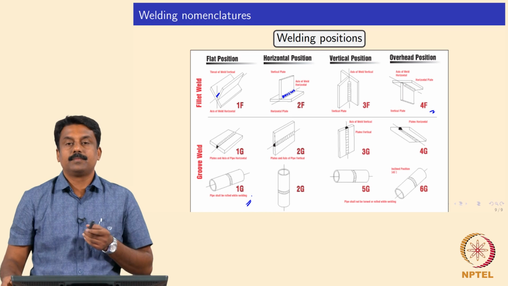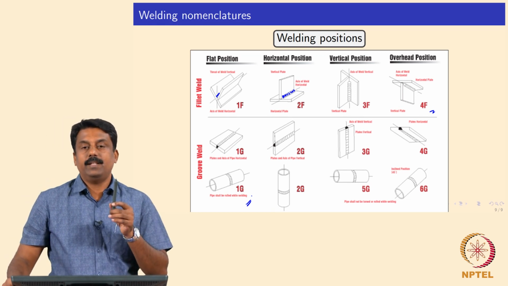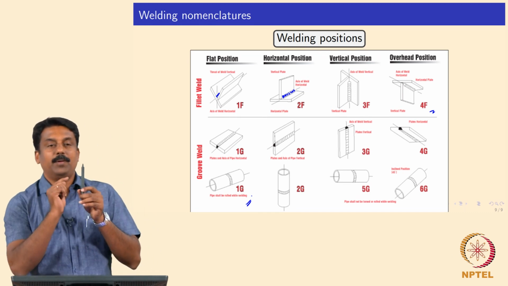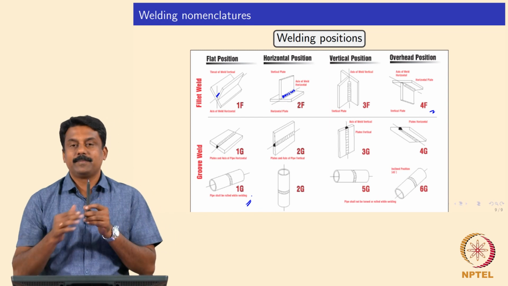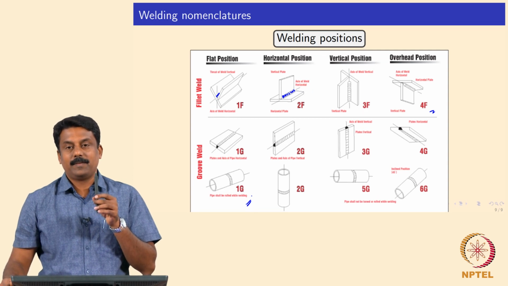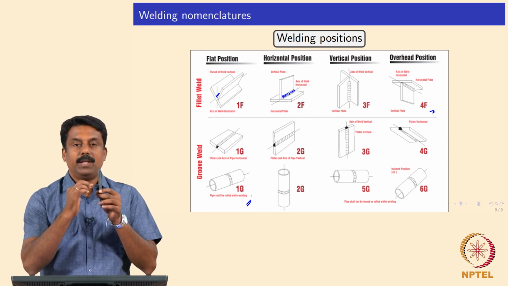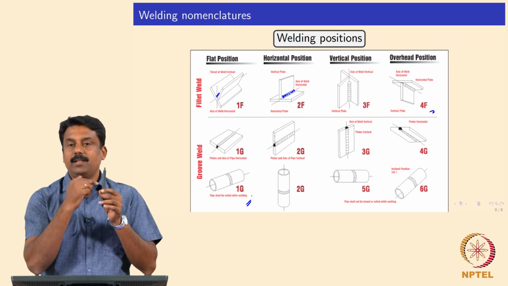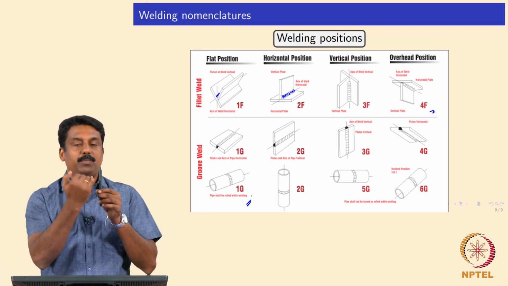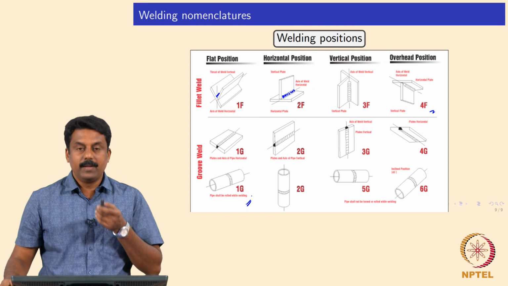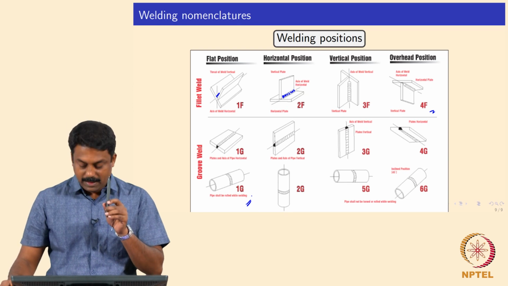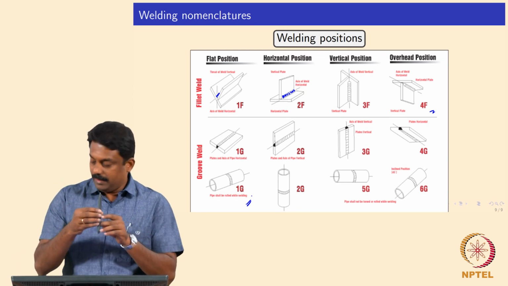But if the pipe is vertical and he is going around like this, then it's still 5G. Okay, so your pipe is vertical, and if you are going around, it is still 5G, because the forces are anyway changing. Oh, sir, the gravity is always downwards. Yeah, as it is going horizontal. Yeah, but the surface tension can change, because you are also changing the plasma jet, right, with respect to the height and position. Good. It's clear?